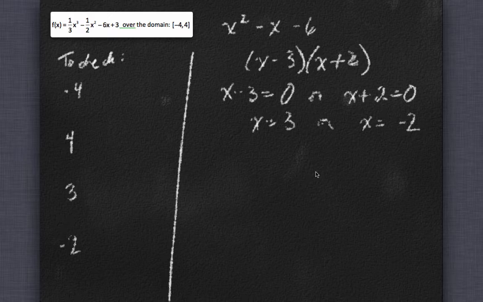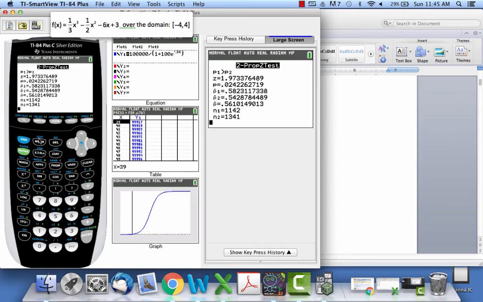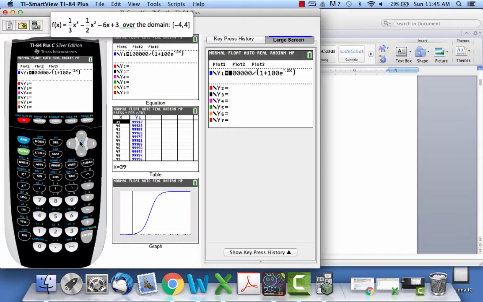And then we would find out what f of each one is. I have decided that I don't want to plug in to these, so I'm going to put this into the calculator, and I want